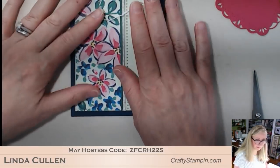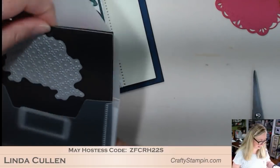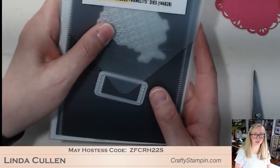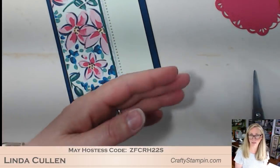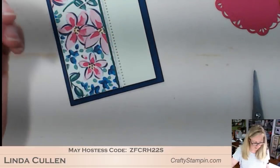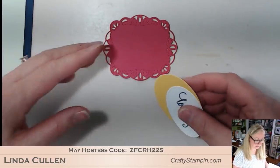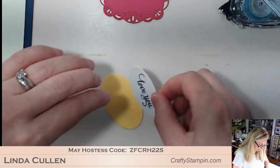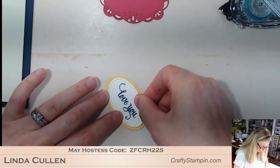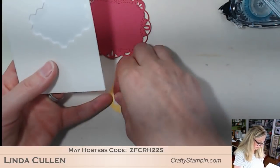Okay, so the die, Pat, if you missed it, is from the upcoming Stitched Labels Framelits, so in a week, add it to your wish list. That big stunning die. Yummy, yummy, yummies. All right, so here that is. And I'm going to attach my greeting to the Daffodil Delight. And then back to my